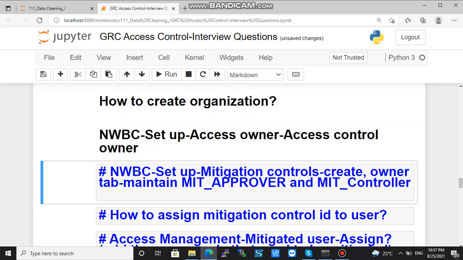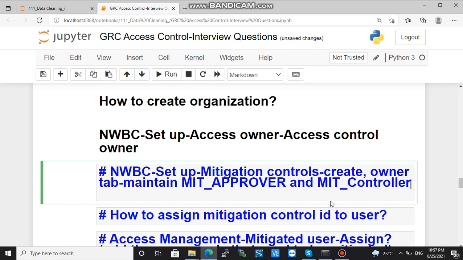Next is NWBC. This is the flow: NWBC, go to the setup, go to the mitigation controls, and then create. In mitigation control, what is required? There is an owner tab. In the owner tab you can maintain the mitigation approver and mitigation controller.